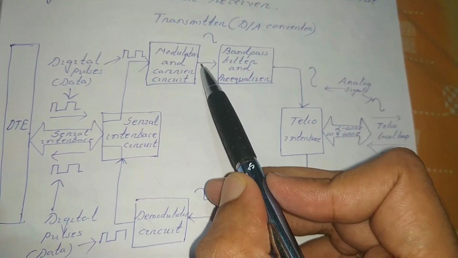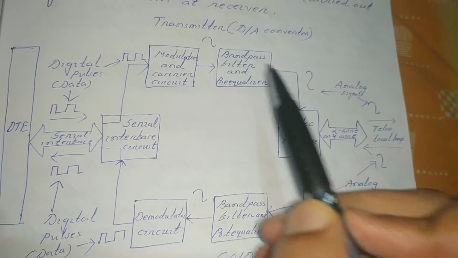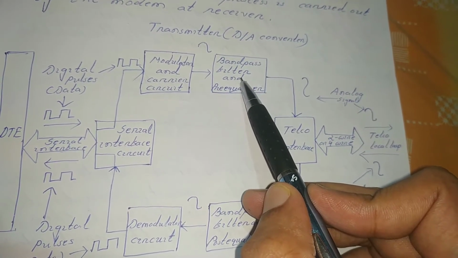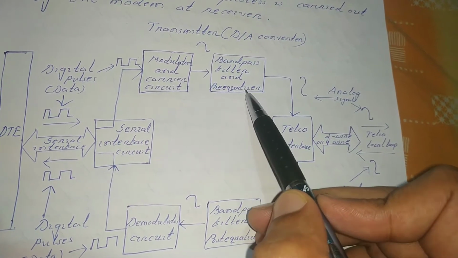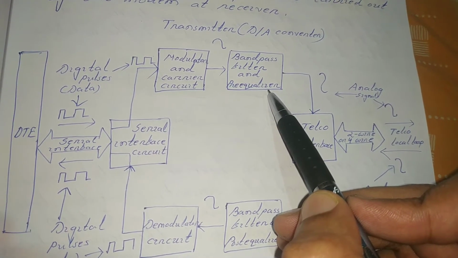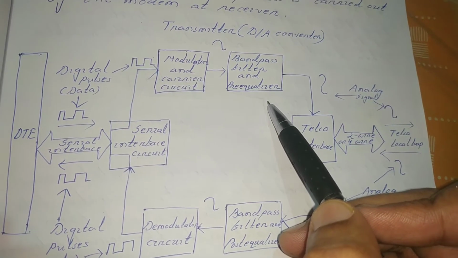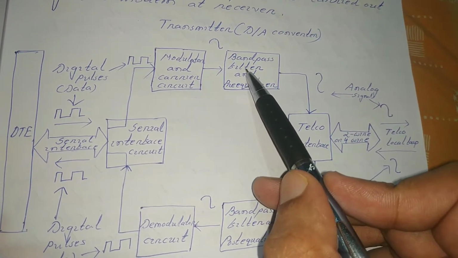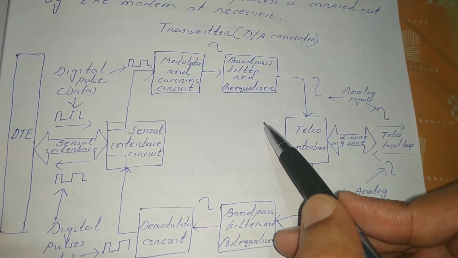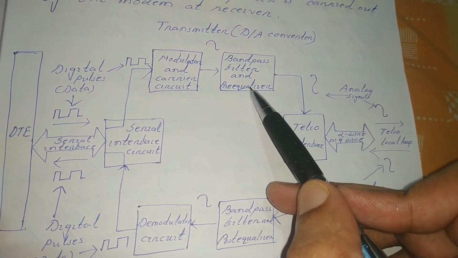The output of the modulator circuit is called the digitally modulated analog signal. Now that signal will be fed into the band pass filter and the pre-equalizer circuit. As we are using the telephone communication line, the bandwidth is limited, so all the frequency components of a signal cannot be passed through it. So we need a band pass filter. It will filter out only the specified bandwidth signals and discard the other frequency components. That is the job of the band pass filter. Already you know that.